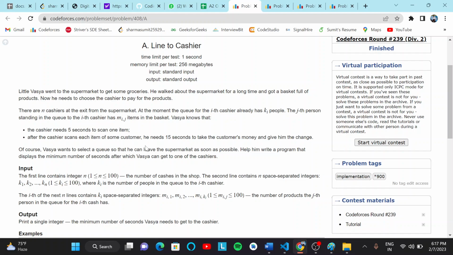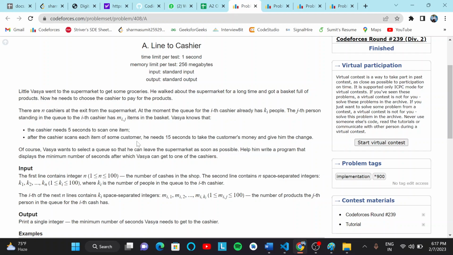After the cashier scans each item of some customer, he needs 15 seconds to take the customer's money and give him the change. Of course, Vasya wants to select the queue so he can leave the supermarket as soon as possible. Help him write a program that displays the minimum number of seconds after which Vasya can get to one